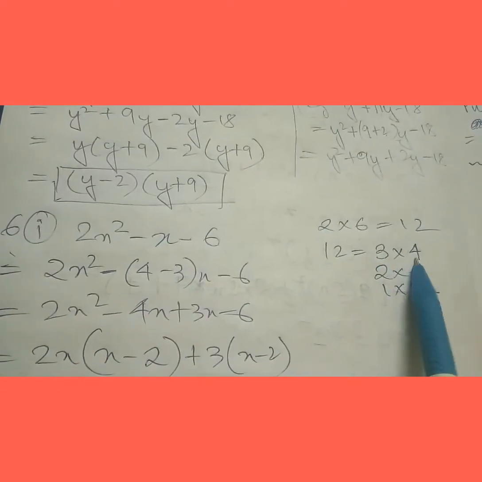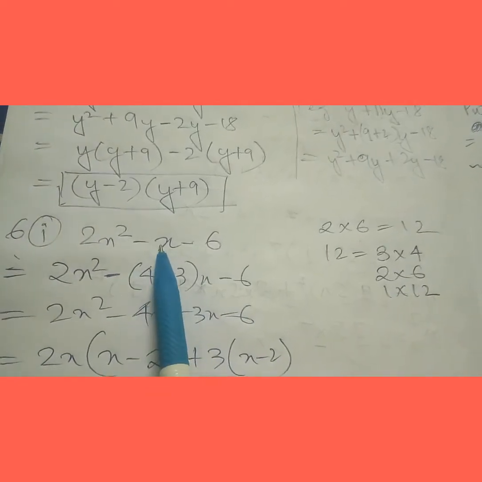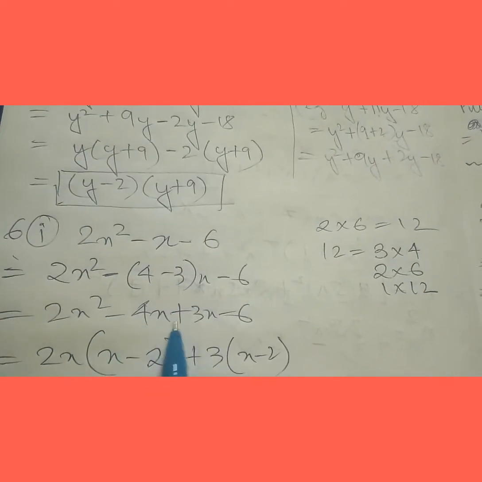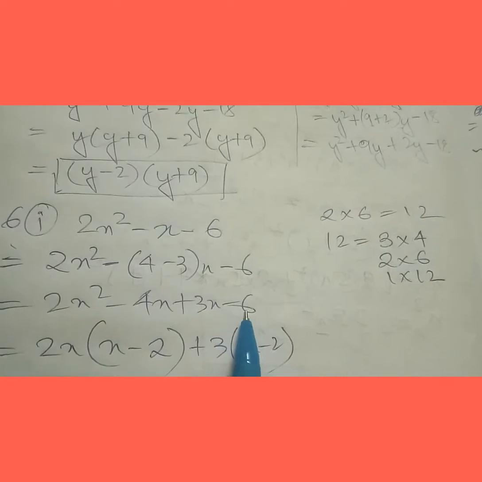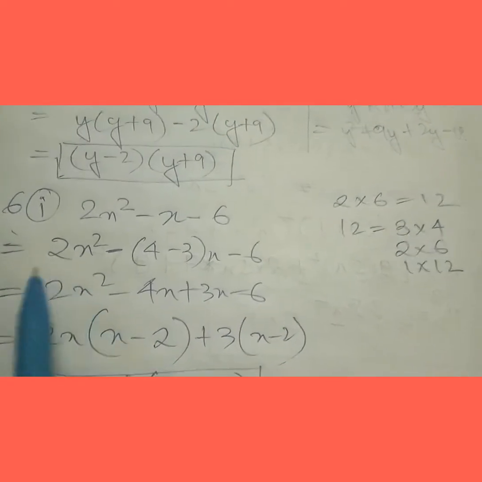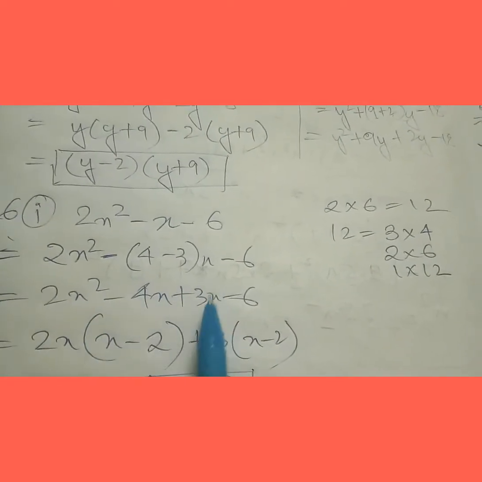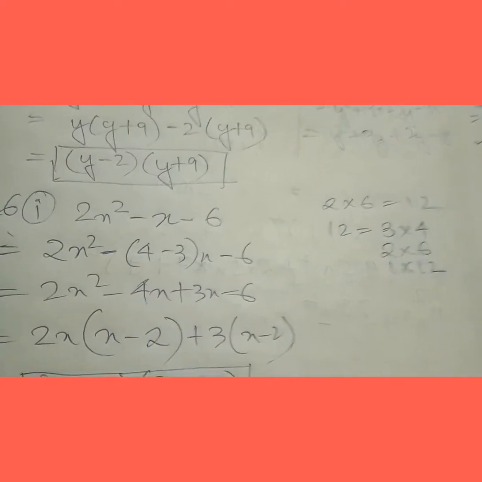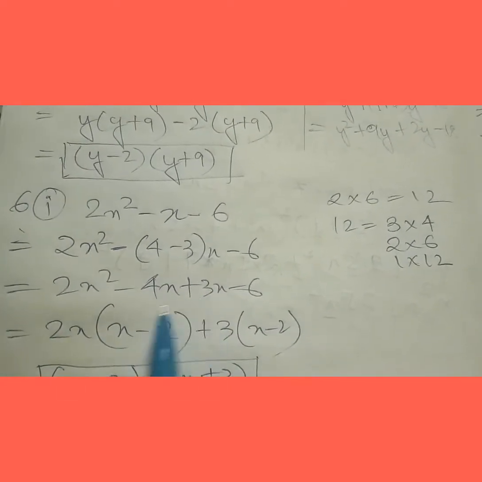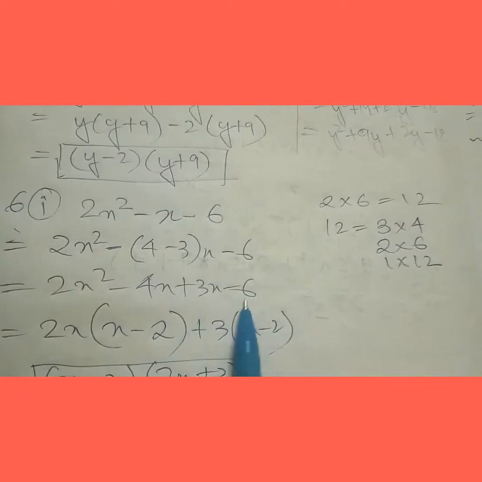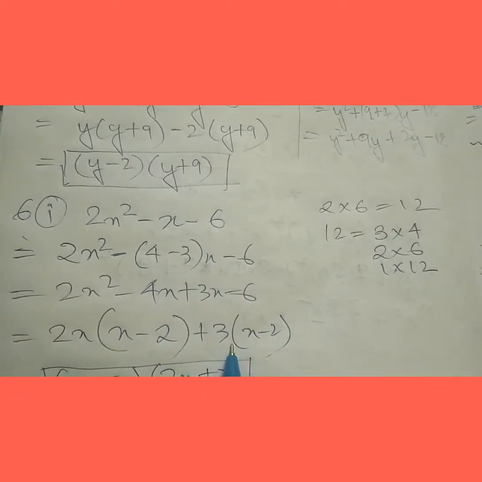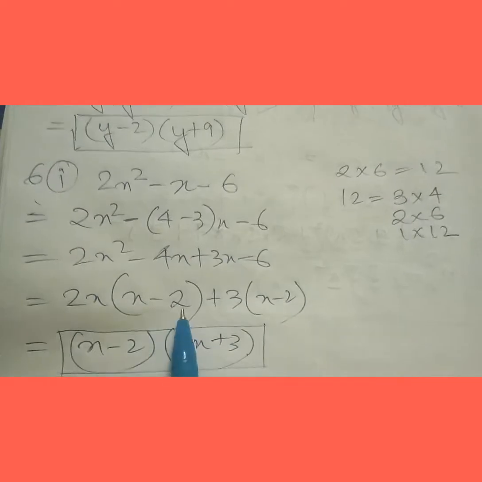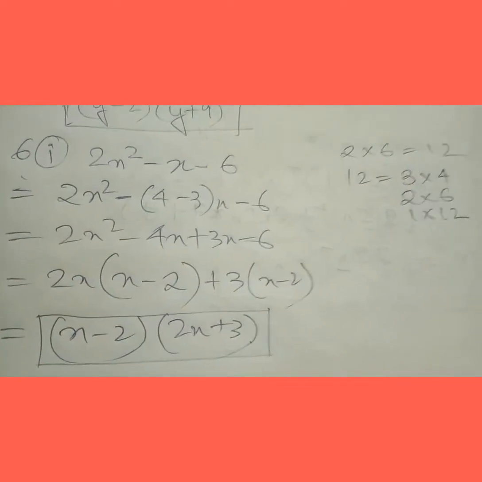Now from here, after addition or subtraction, I have to make it 1. Now from here if I take 4 minus 3, see, 4 minus 3, it can be coming 1. Then from here it will be 2x square minus 4x plus 3x minus 6. Then from here, see how many terms are there? 1 2 3 4 is coming. Again, from the four terms take 2 pairs. From the 2 pairs you take the common. See, from these 2 pairs I have taken 2x common, and here nothing else is going common, that means 3 is going common. Now from here, see, again this value and this value is coming, that means this sum I have done correctly.